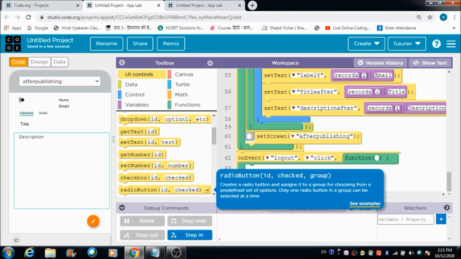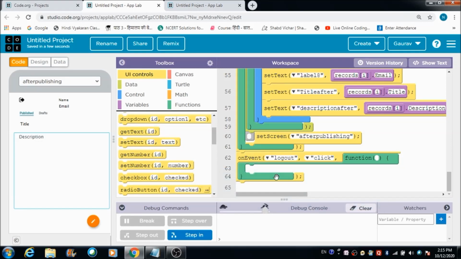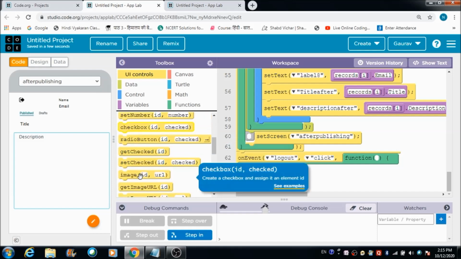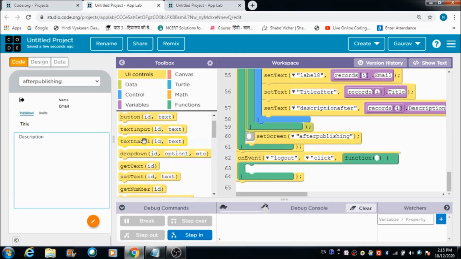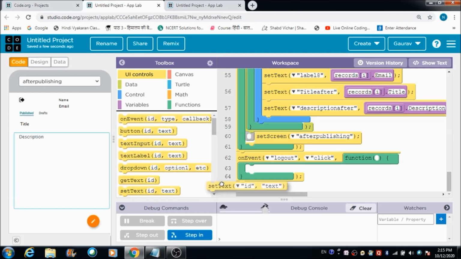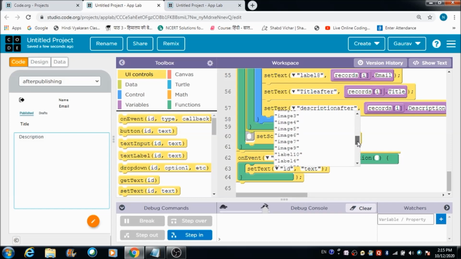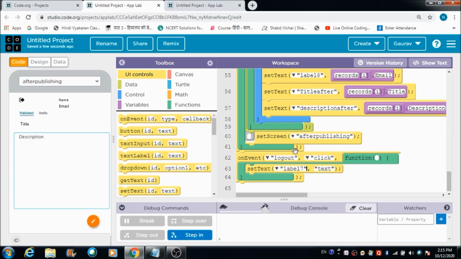So when the user hits this logout button, the first thing that I would like to do is set the text to null first for every component. Now what is the ID of this? It is label 7. Label 7, it should go null.